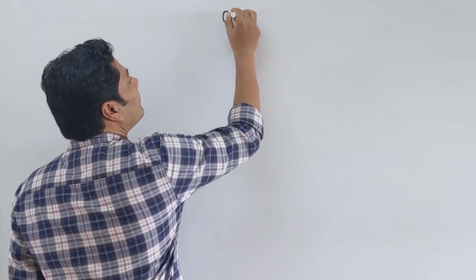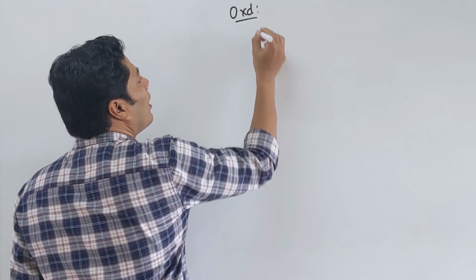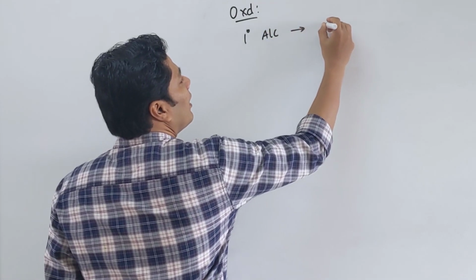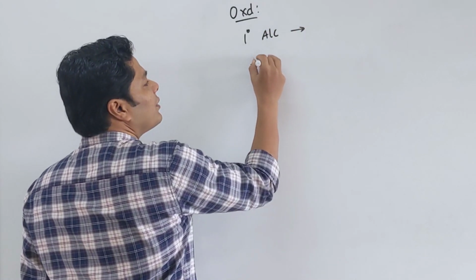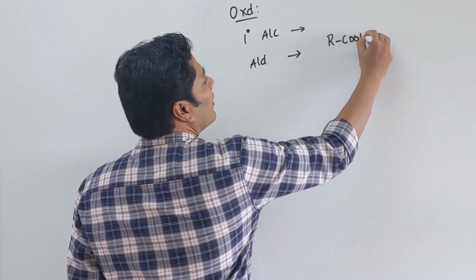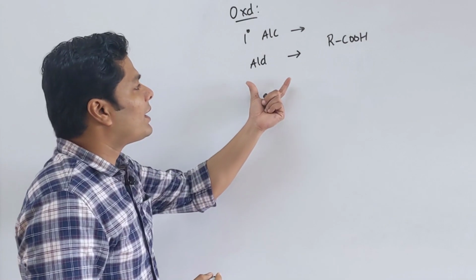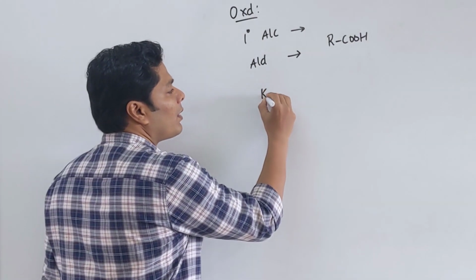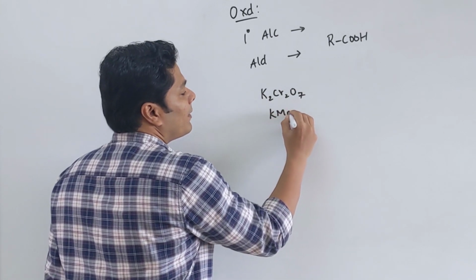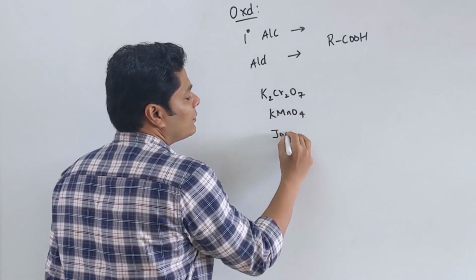We can look into oxidation of primary alcohol and also oxidation of aldehydes, which will give you the corresponding COOH. What all can we use for this? K2Cr2O7, KMnO4. We can also use